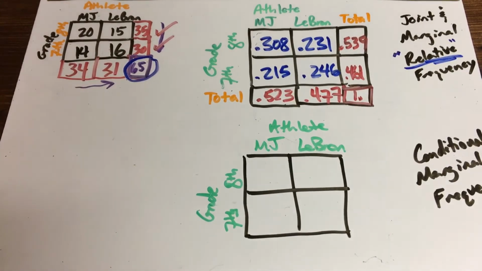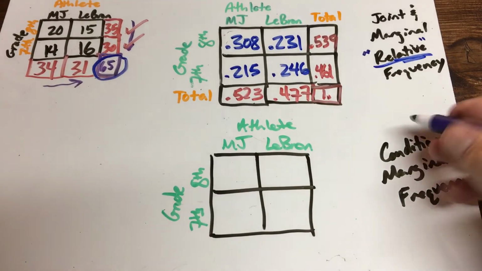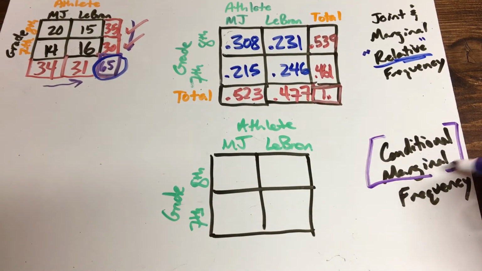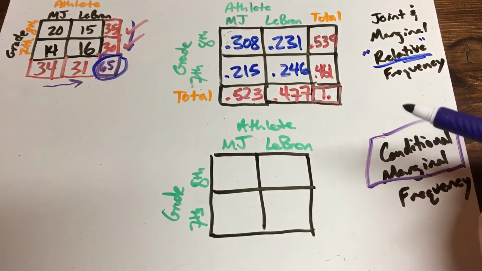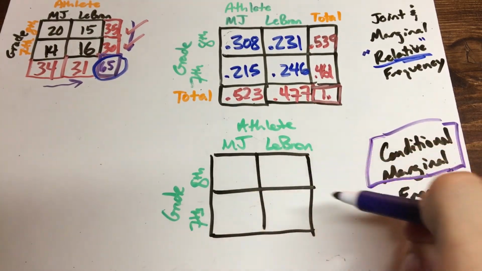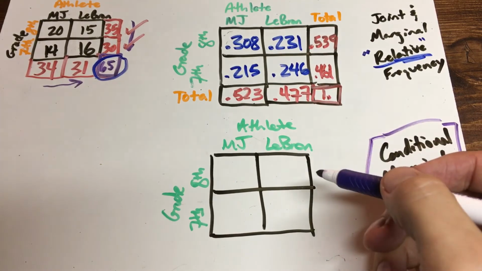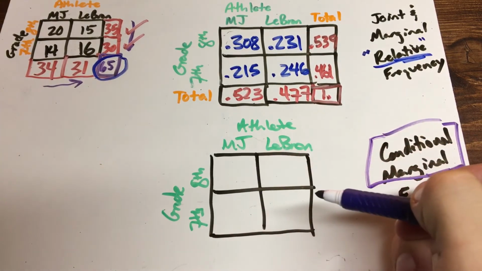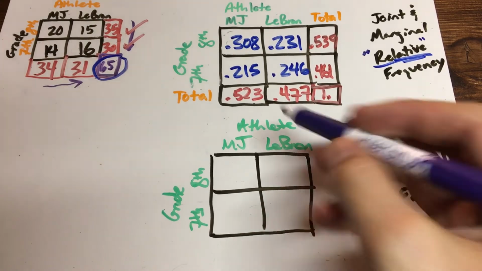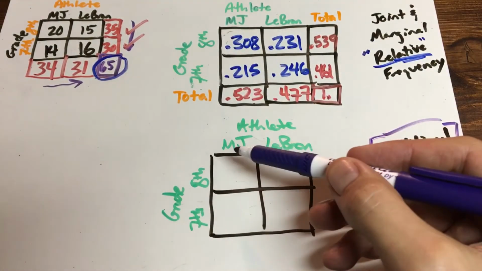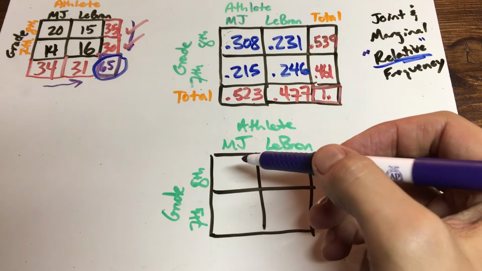Now, there's one more, and I don't think I talked about this one a lot, so I apologize. There's one more down here called the conditional marginal frequency. Conditional marginal frequency. What does this do? You can notice there's no totals. This only has 4 squares instead of 9 squares that I have up there. Now, instead of doing each one and getting a grand total of 1, now I'm just going to focus solely on, instead of doing my total out of 65,